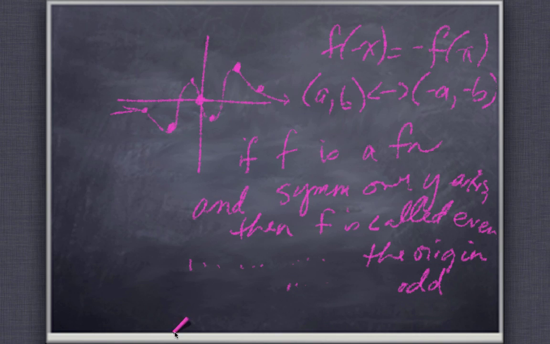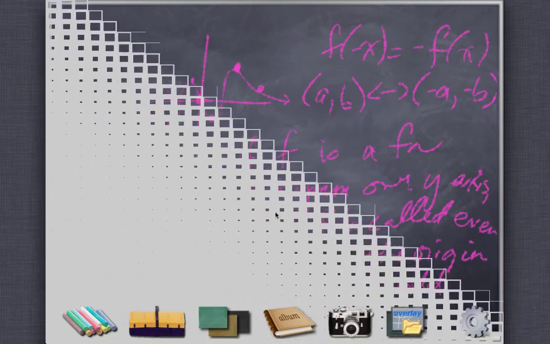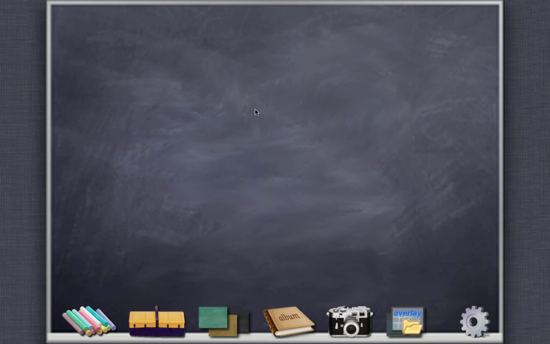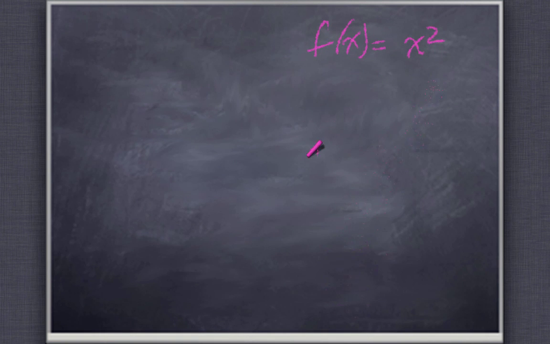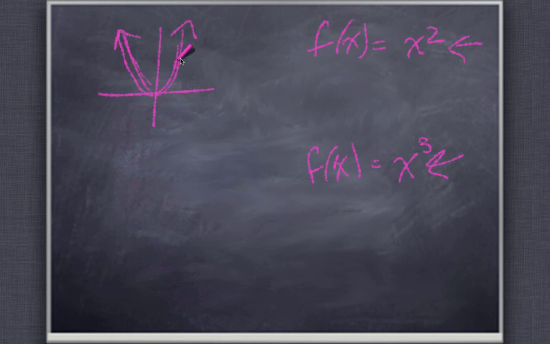Okay, so to think about why they're called even and odd, let's consider just polynomials. If you have, say, f of x equal to x squared versus f of x equal to x cubed, one of these is going to be odd and the other one's going to be even. You'd want this to be odd and this to be even, because the only difference between them is the exponent, and in fact they are. So here's x squared. I'm not doing a very good job of drawing that. X squared is symmetric over the y-axis,